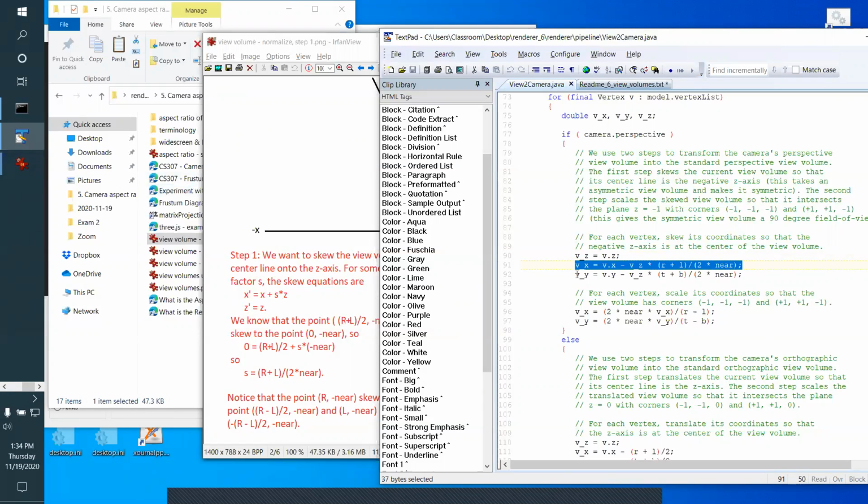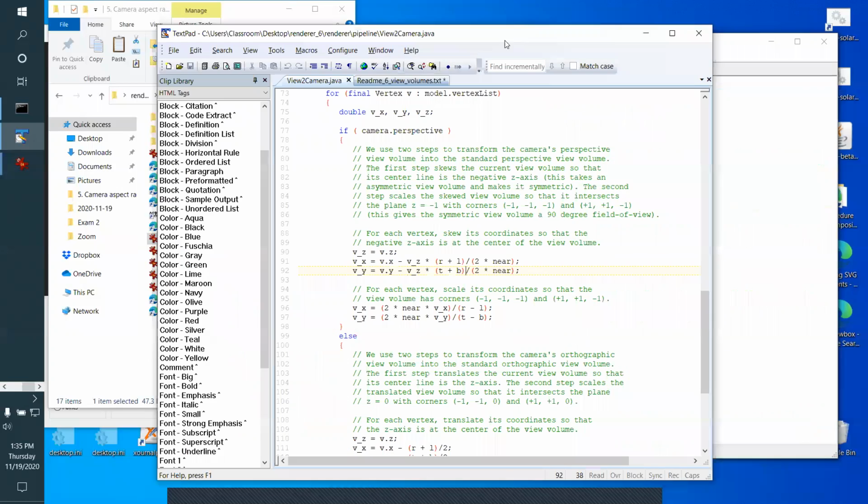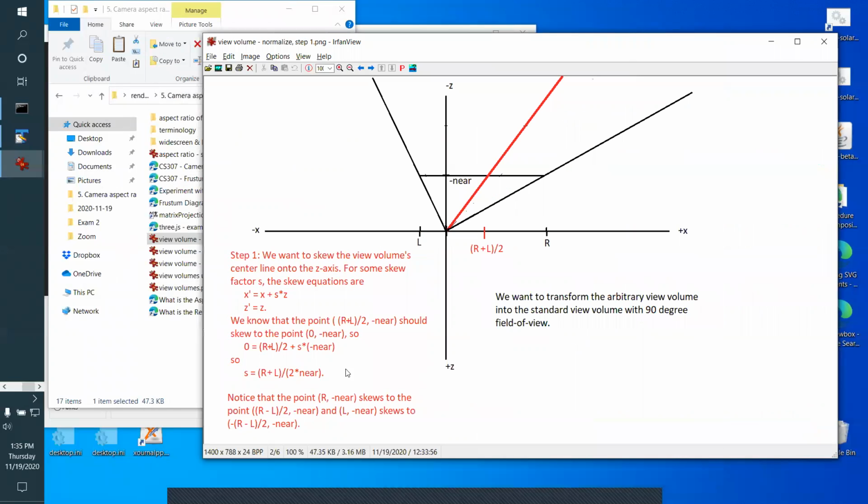And then for the y direction, you just use top and bottom instead of left and right. Okay, so this picture derives one of the lines of code. Now, what that does is it centers this view volume, but it still doesn't give it a 90-degree field of view. So the next step is to take